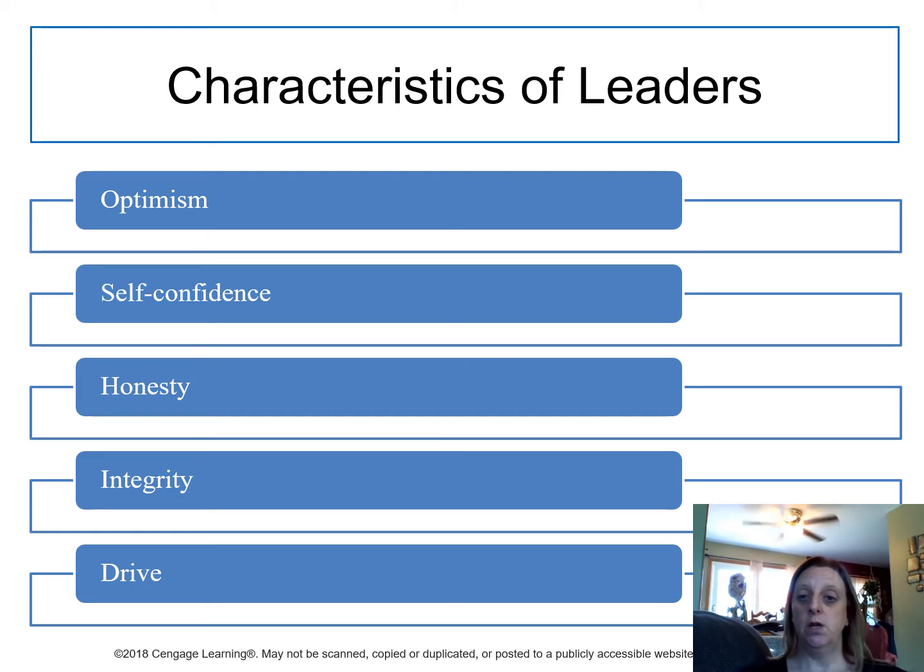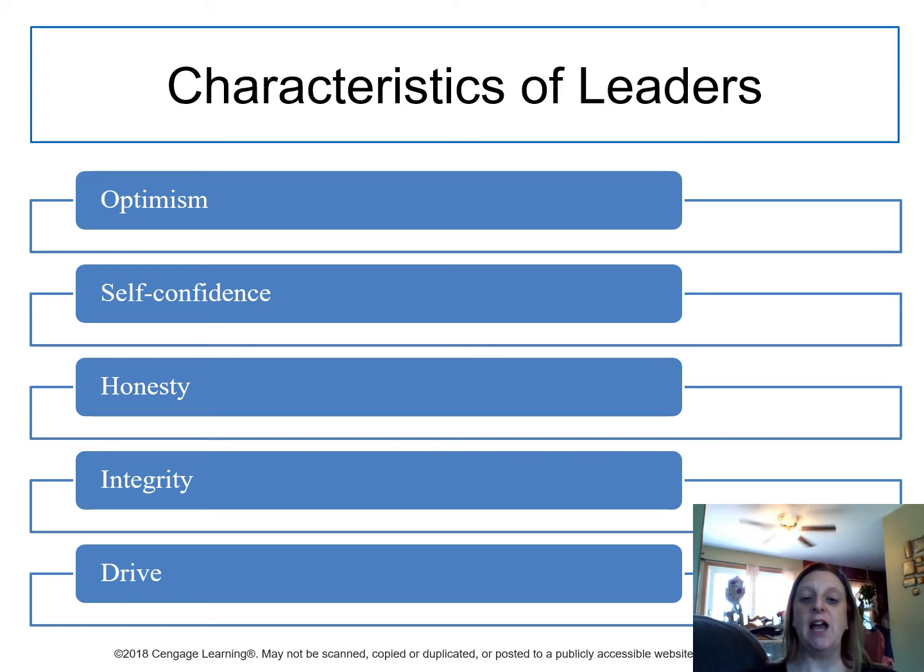Integrity is also an important characteristic of leaders. Integrity means that a leader's character is whole, integrated, and grounded in solid ethical principles, and that he or she acts in keeping with those principles. So leaders who model their ethical convictions through their daily actions usually command admiration, respect, and loyalty from their followers. They're usually very well respected, and their integrity offers them a highly reputable perception.